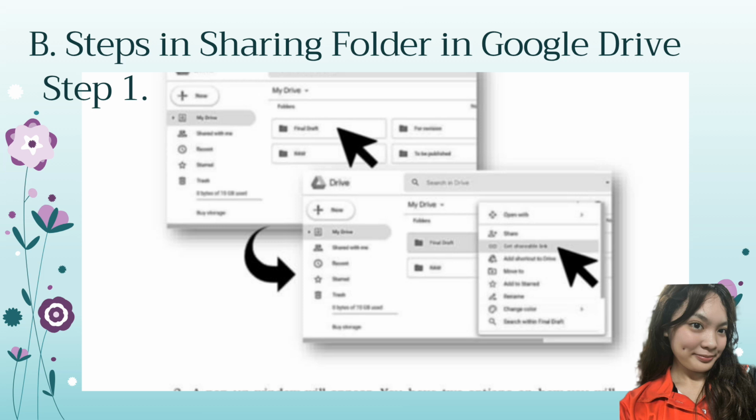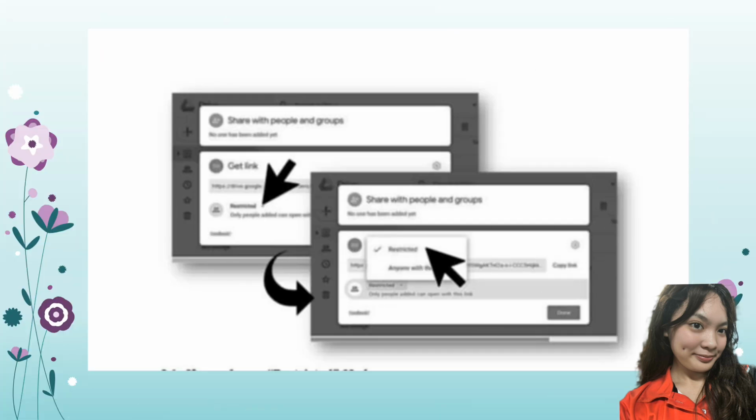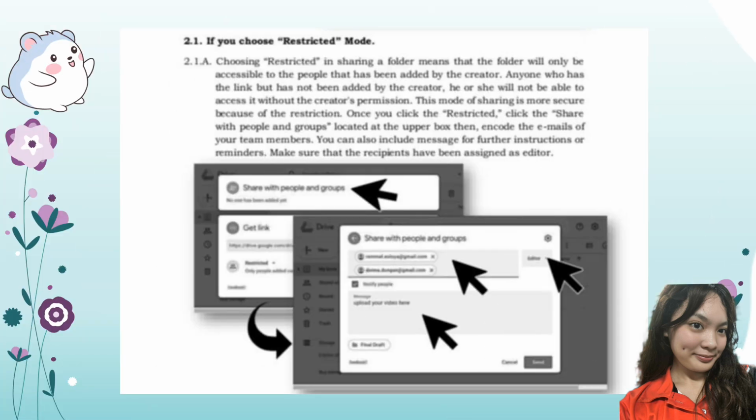Steps in sharing a folder in Google Drive. Click the account and choose restricted, after the process of step 2.1.a. 2.1. If you chose restricted mode. 2.1a. Choosing restricted when sharing a folder